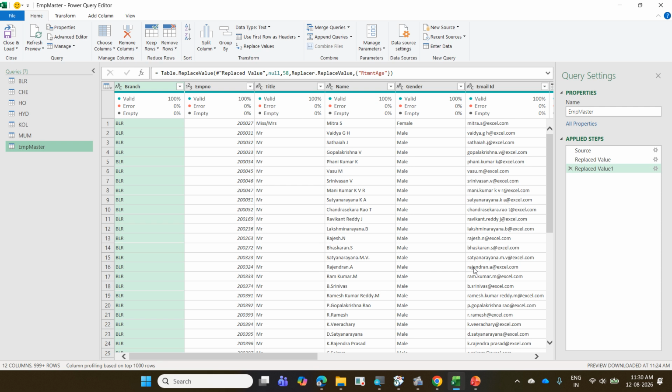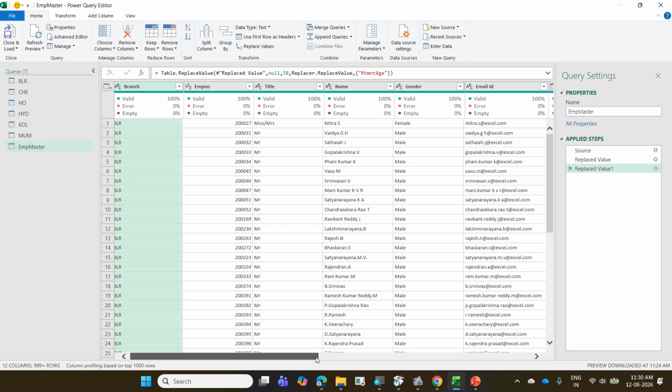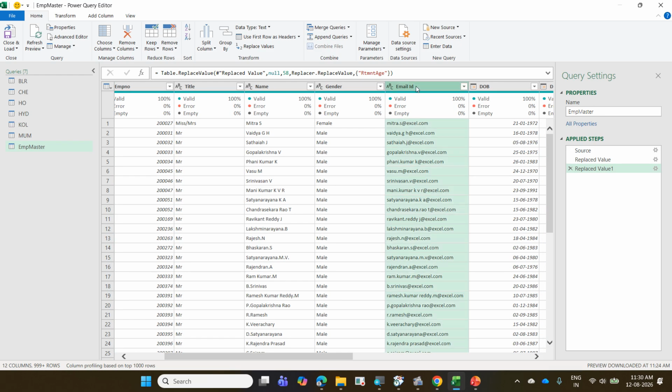Now for an example, let us take this email ID. From the email ID, I want to separate only the name. For example, I have mitra.s@excel.com, vaidya.gh@excel.com. I don't want that excel.com. I want only the name, or I want only that excel.com to be separated. Either you separate it in the same area or in some other area. First you have to decide it. If I want only the name here itself, I don't want the excel.com here itself, then we have to go for